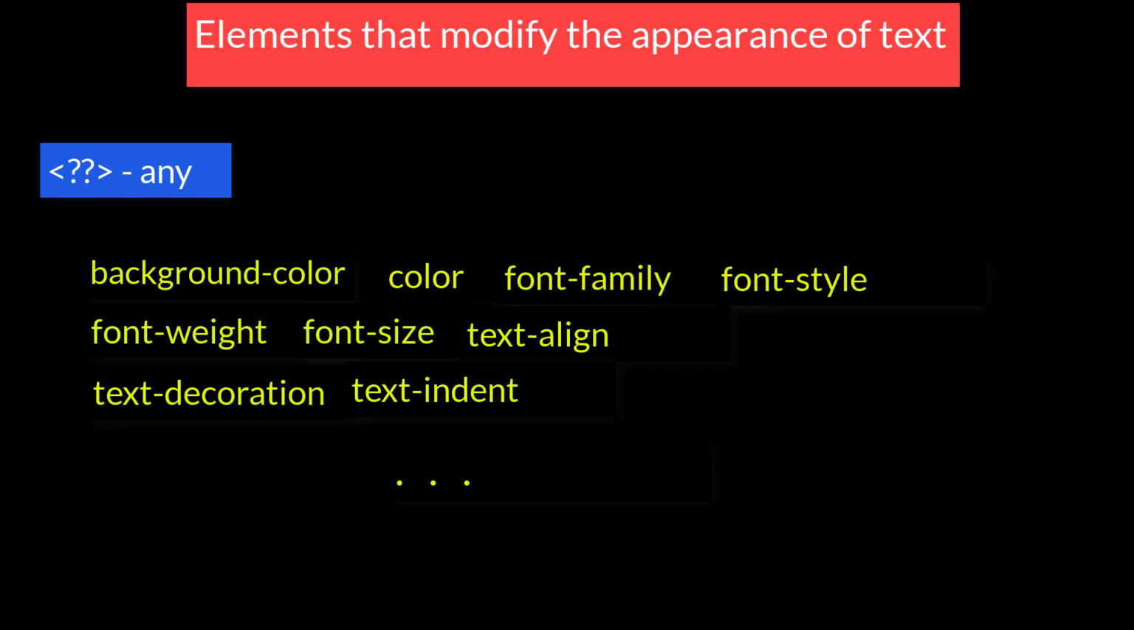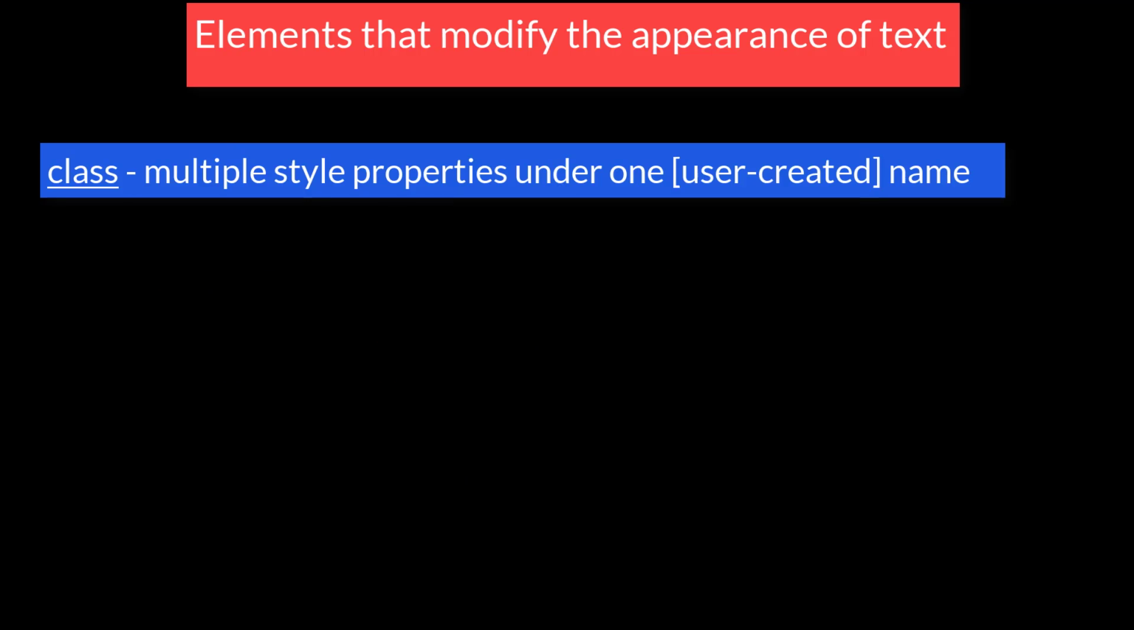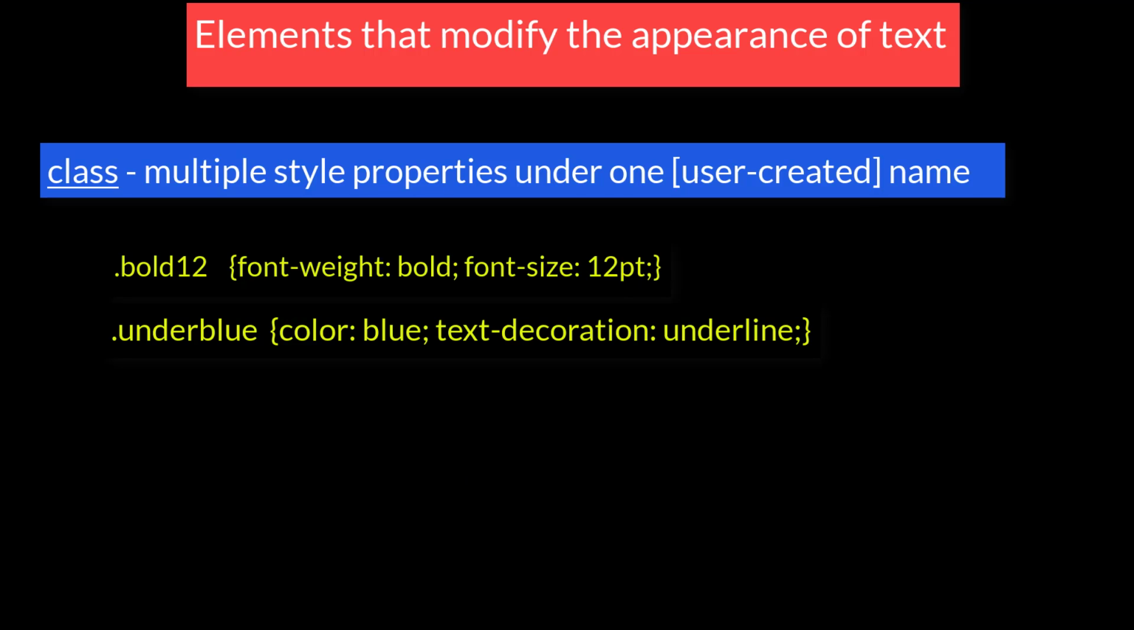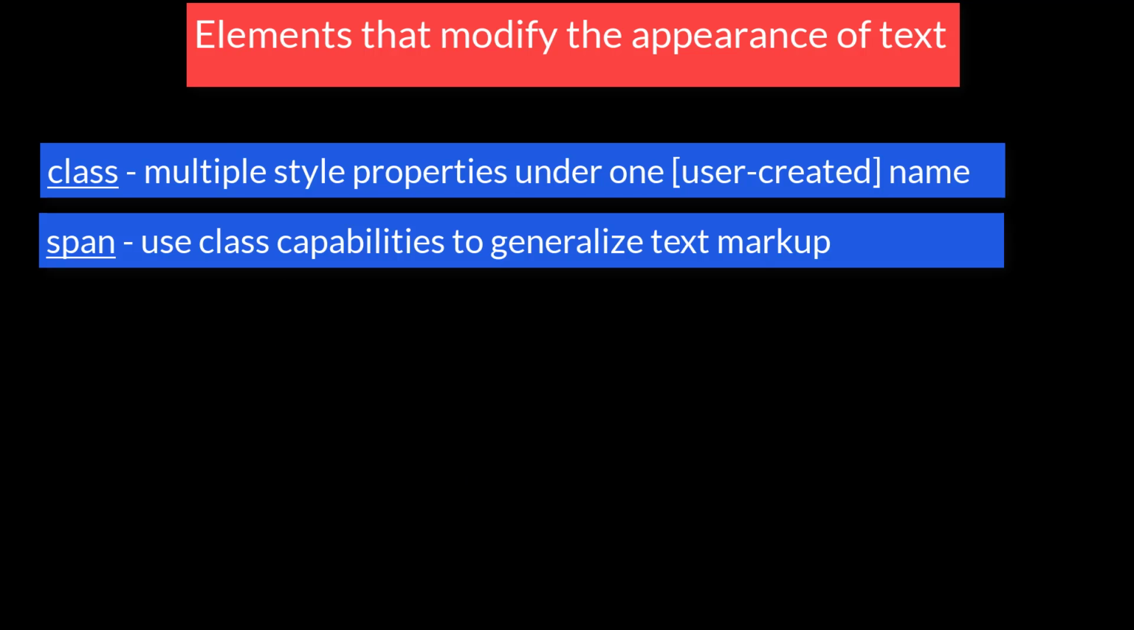In the previous video, we introduced half a dozen elements that modified the appearance of text. B for bold, I for italic, and so on. But that's pretty limiting, considering all the possible combinations of style properties we might want. Then we introduced the concept of class, a way to combine multiple style properties under one user-created name. Now we introduce the span element to use the class capabilities to generalize text markup for strings of text within